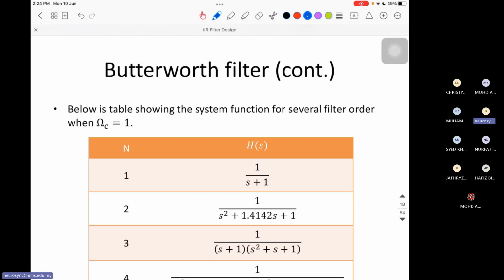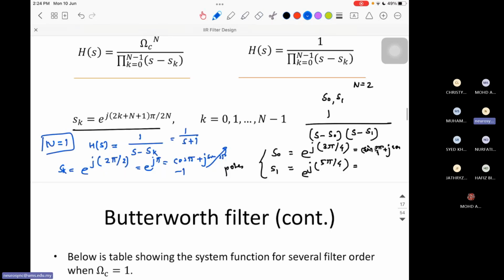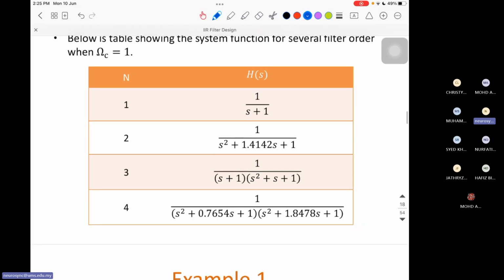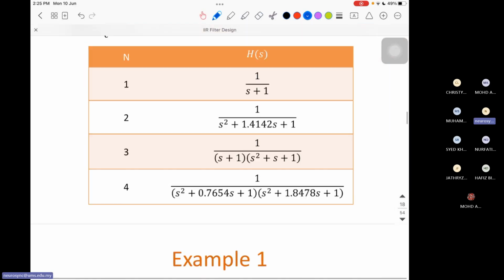Similarly, you can find the transfer function for n equal to 2. So if you put this value here, what will you get? You will get the denominator polynomial like this. Okay, so you can do this work at home. For n equal to 2, you will get like this. For n equal to 3, you will get the transfer function like this. What are we finding? We are finding the transfer function of Butterworth filter, H of S, for the different order of the filter. So what we are varying here is the order of the filter, for n equal to 1, 2, 3, 4.